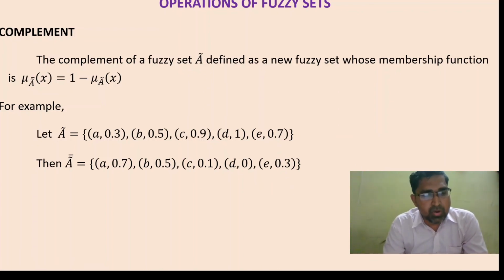So, in this module, what are the things we discussed? What is a crisp set, then what is a fuzzy set, and the difference between a crisp set and a fuzzy set. Then some basic terminologies, especially support of a fuzzy set, alpha cut, strong alpha cut, height of the fuzzy set. Then the three basic operations: union of two fuzzy sets, intersection of two fuzzy sets, complement of a fuzzy set.